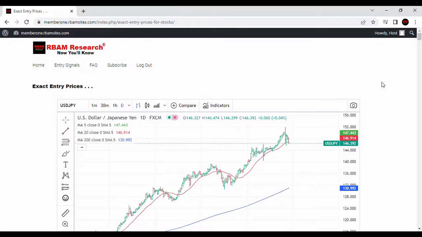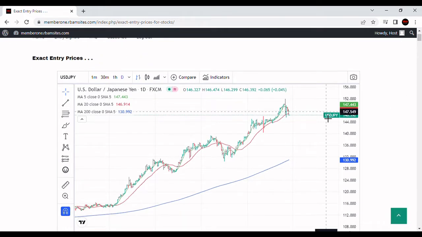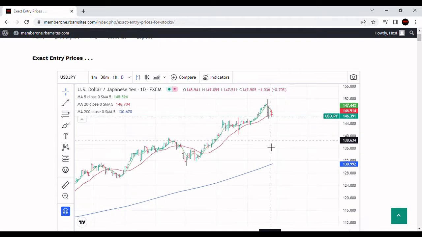We're going to do a brief video on the USDJPY Technical Analysis. That's the US dollar versus the Japanese yen. We've got a daily chart here for you with a 5-day moving average in green, a 20-day moving average in red, and a 200-day moving average in blue. In a minute, we'll show you some algorithmically generated entry prices, but let's take a quick look at this daily